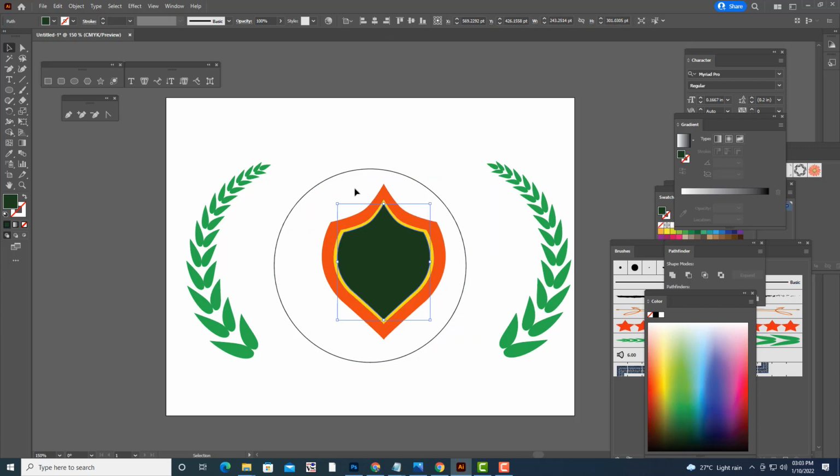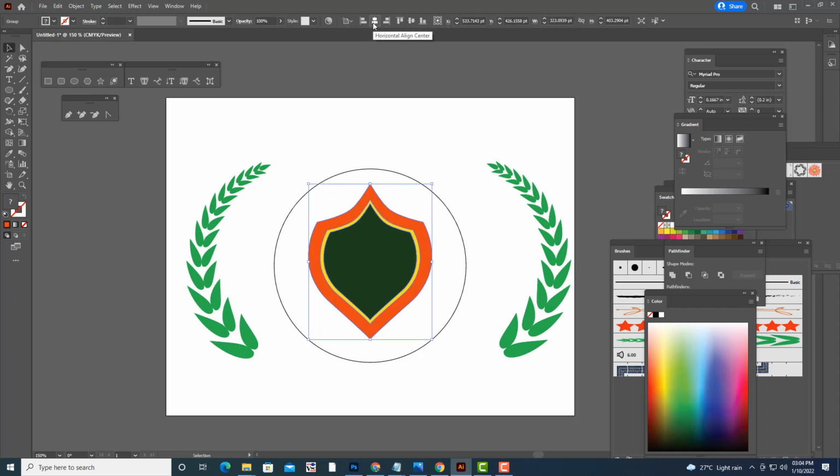We can also keep all these things. Group it and keep it exactly at the center like this.